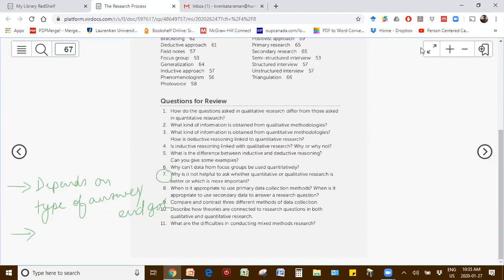But I would use the word theory as opposed to hypothesis. I will discuss the difference between the two. A hypothesis is a proposal.